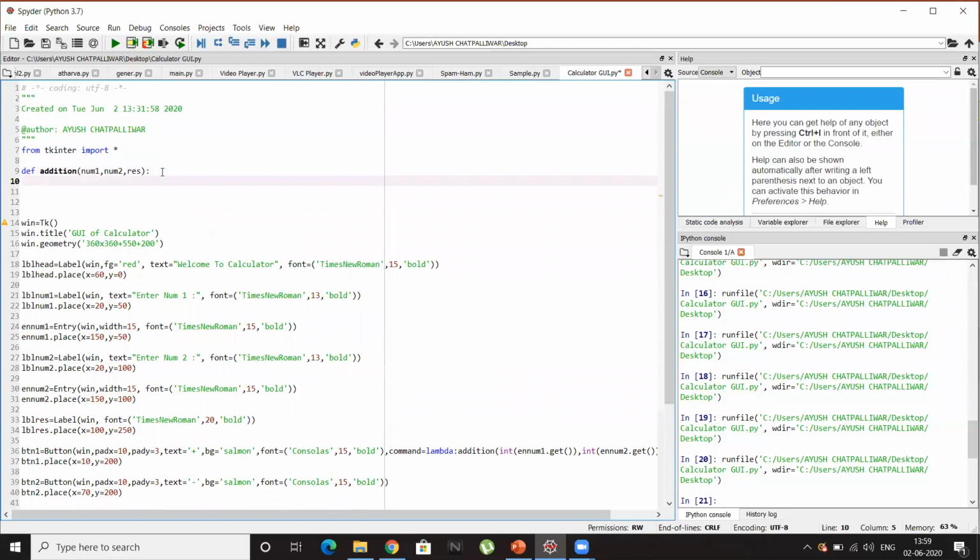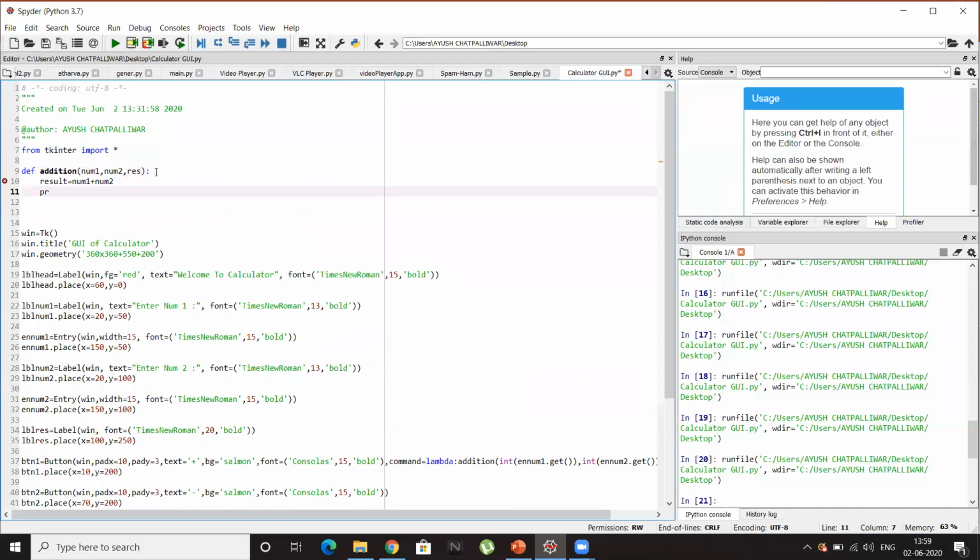And let's make a variable to catch the result, result equals to, here since it is an addition function, we'll just have to add number 1 and number 2. So num1 plus num2, and we'll just print the addition that is saved in the result variable, sorry, here result. Yes, that's it, this will work.